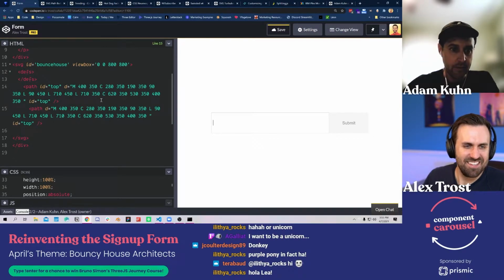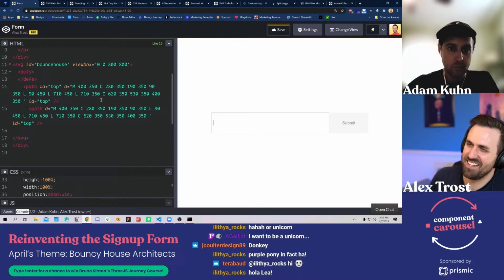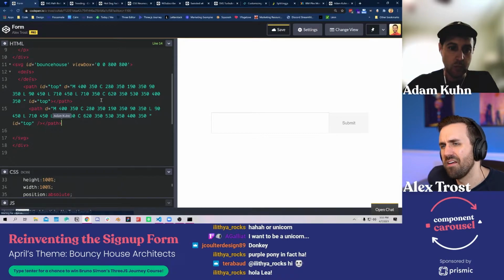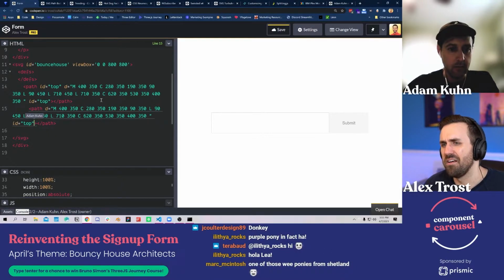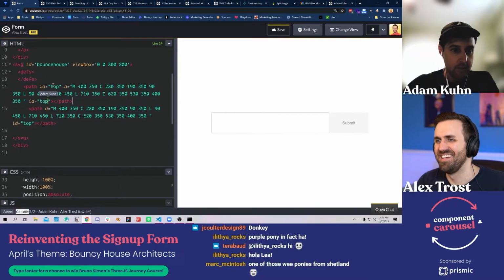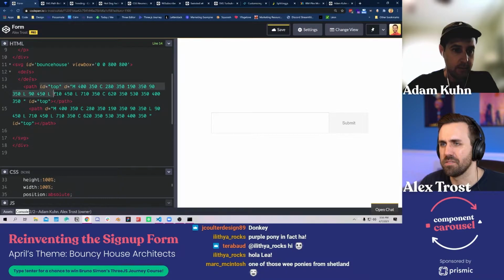All right. Oh, you can't self close a path? I thought I could. Oh, and we have the same ID for two paths. That's the beauty of copy pasting. So this one will be, let's see. I think this is all inside the same one. Oh, an ID there. Yep.